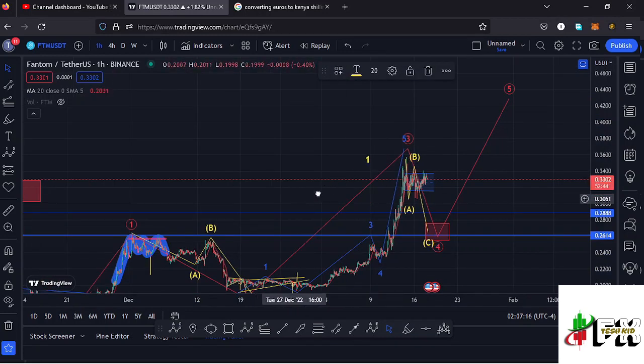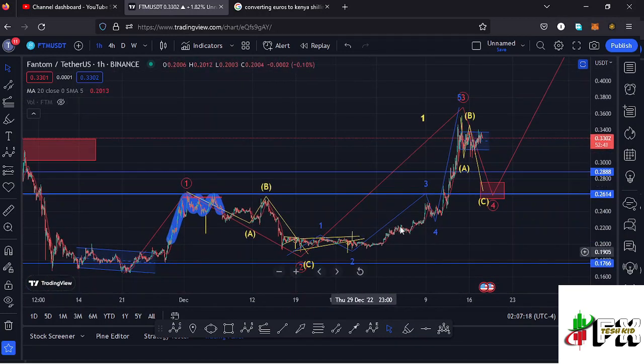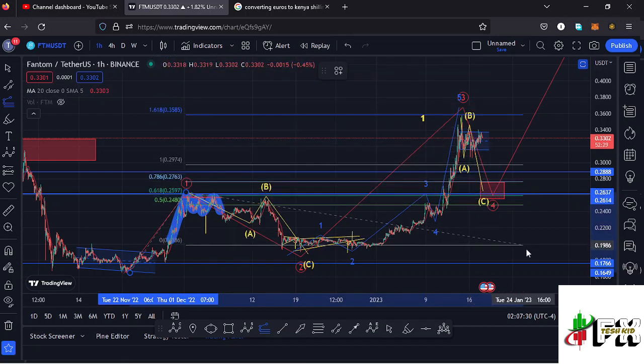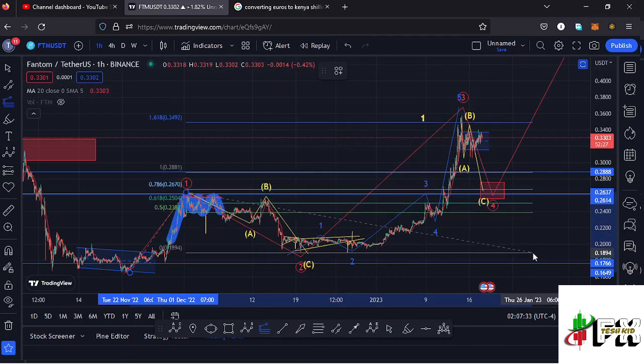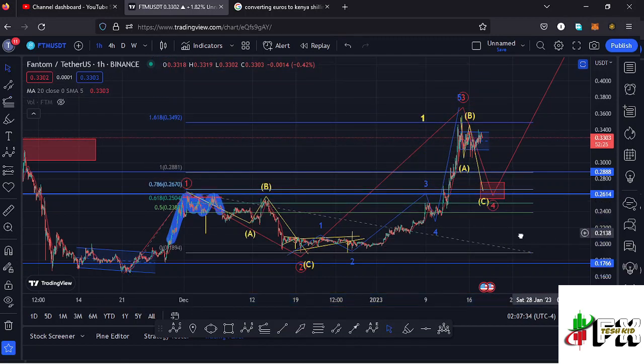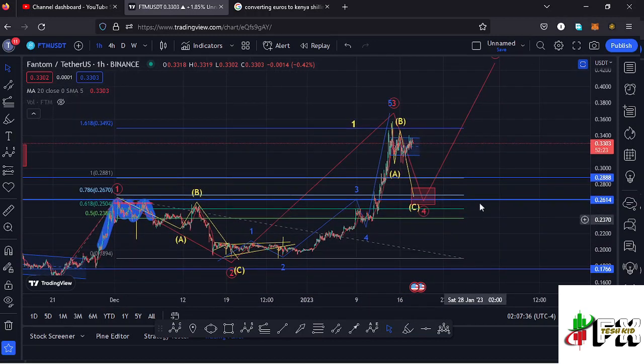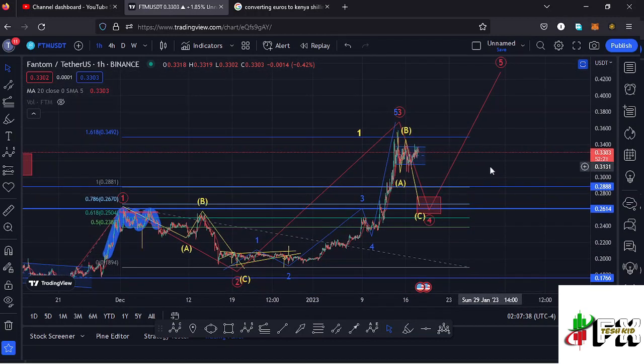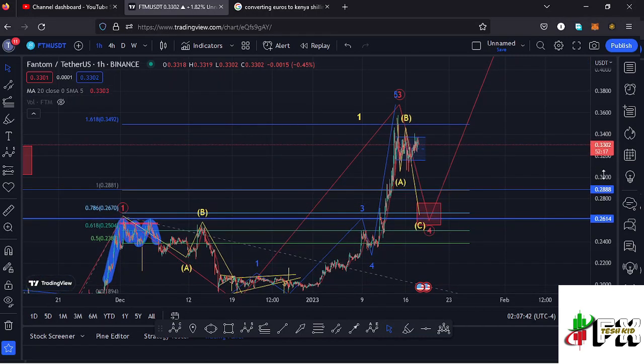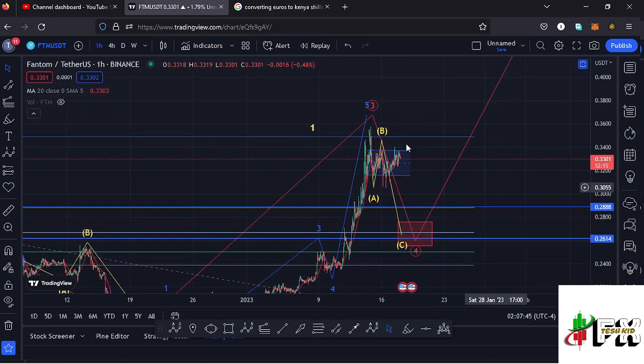And I believe here on the Fantom chart we're in the formation of this wave 3 to the upside, and there are chances that we might have seen the high for this wave 3, because using a trend-based Fibonacci, connecting it from the low of the first wave to the high of that wave 1, then dragging the fibs to the low of the second wave, that gives me a minimum target area to the upside in the formation of that wave 3 at the fib level 1.618, which perfectly lies at around the $0.3492 mark, which is a target area that we fully maximized and made a high at around the